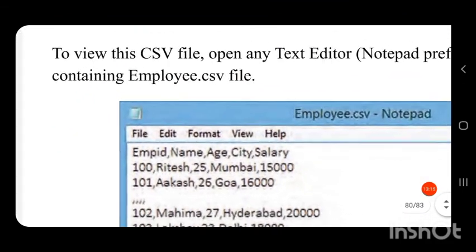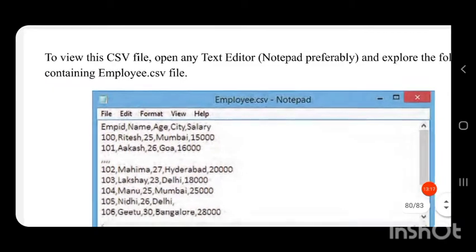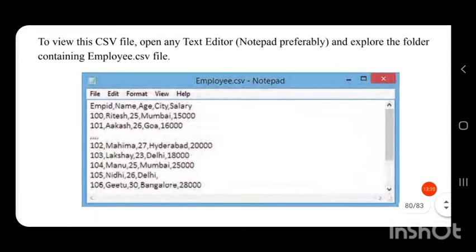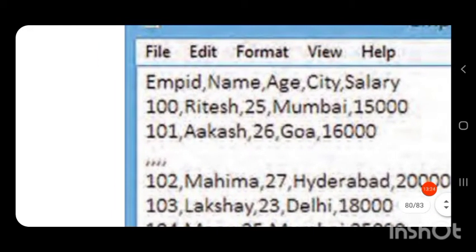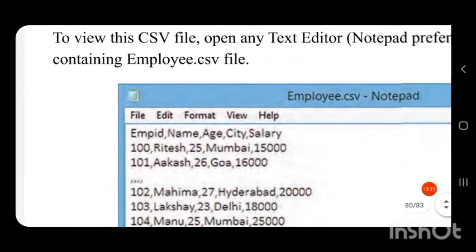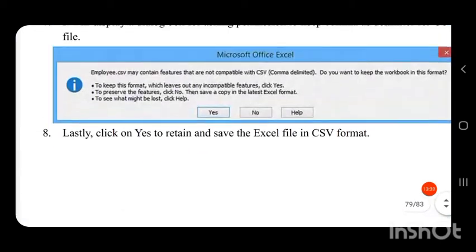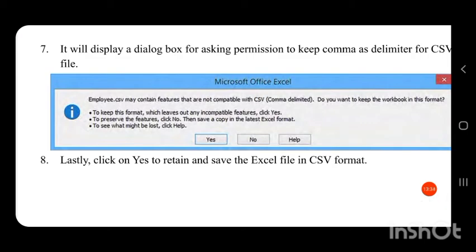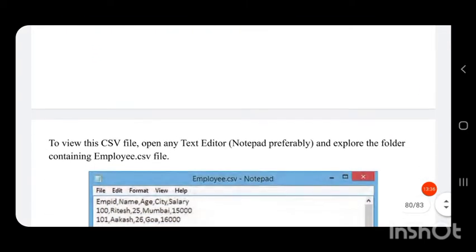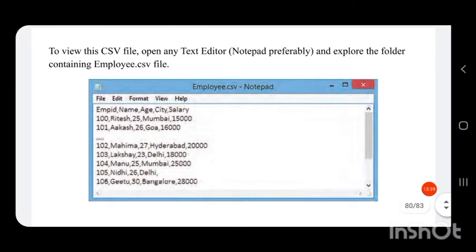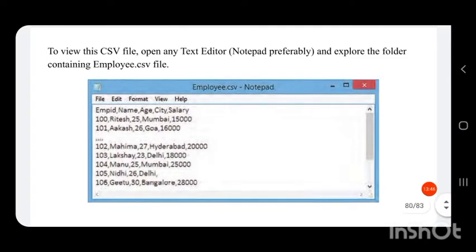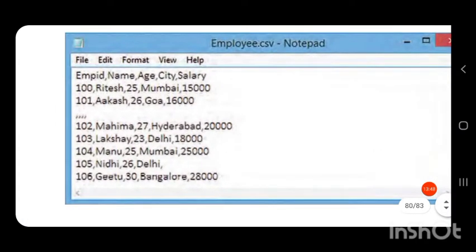When we open this text editor, Notepad, go to File, then Open the document that we have saved in CSV format, that is, employee.csv.